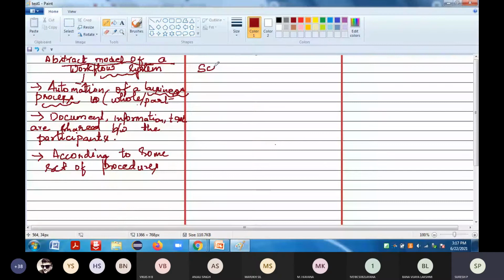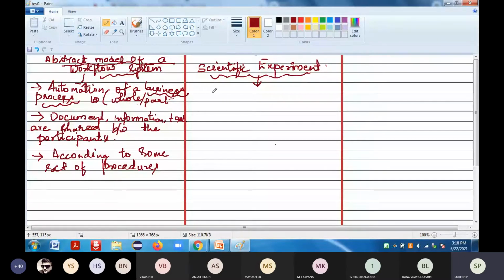Your scientific experiment is going to have some workflow. It's nothing but how we are going to solve that particular scientific experiment, the problems you are going to have. So now, what does this business process consist of? If you have the problem statement, I have to solve that particular problem.